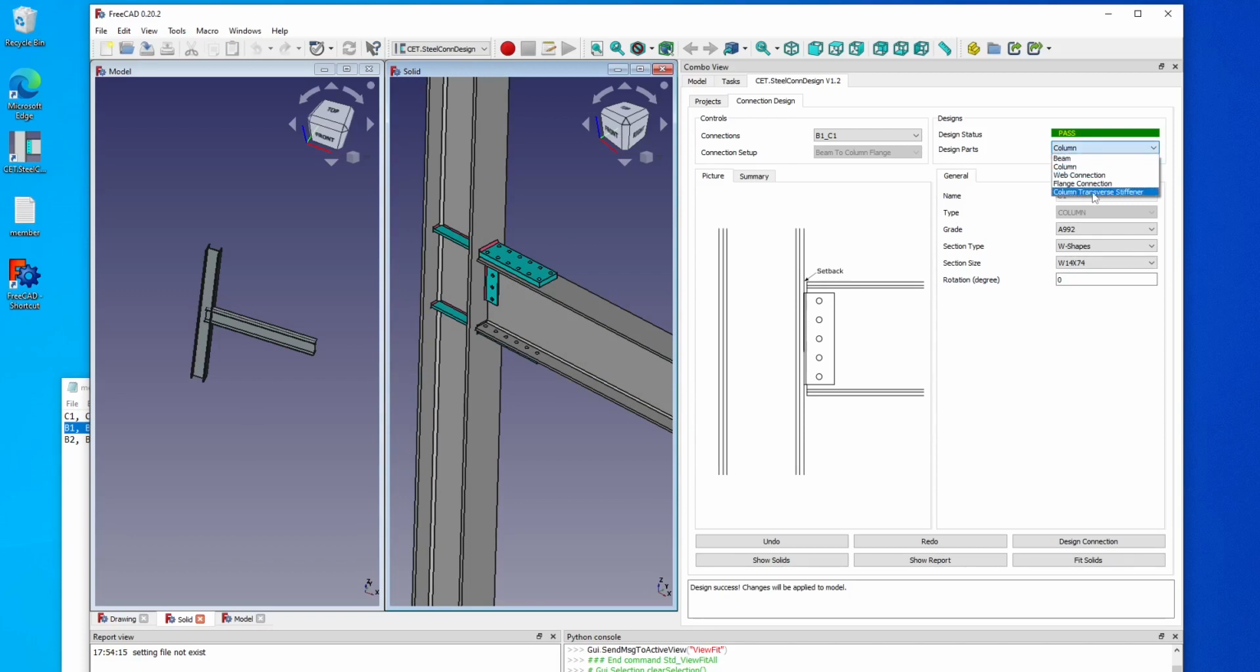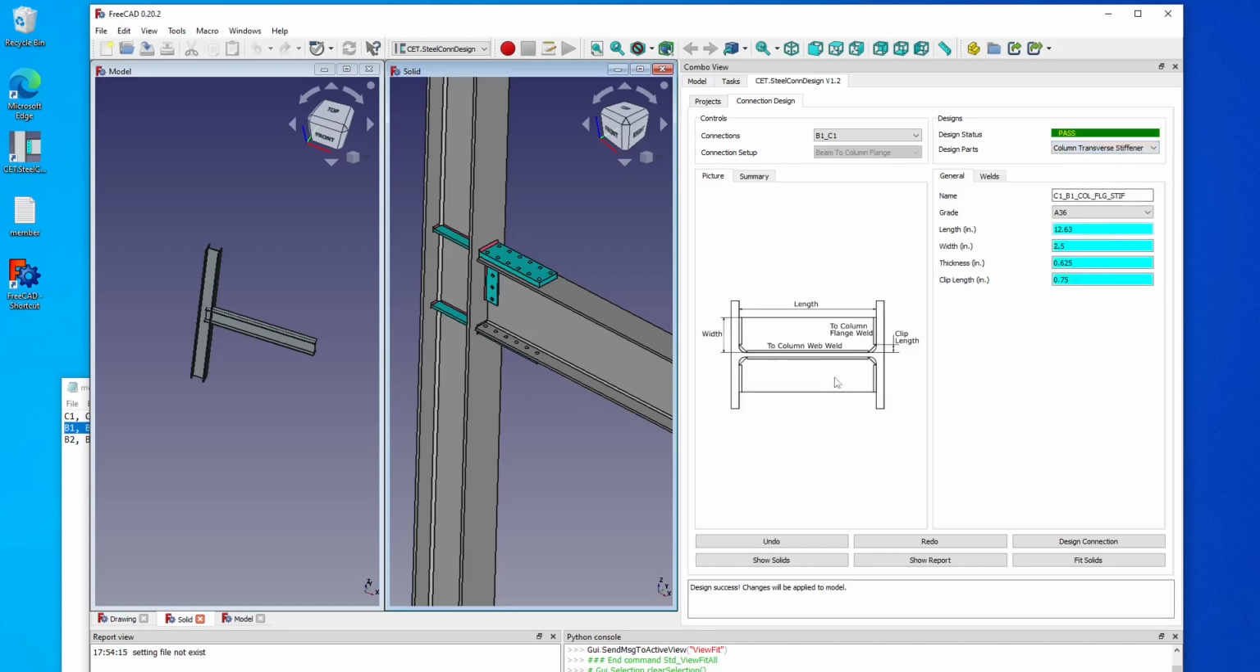The Design Parts drop-down list plays a crucial role in CET.SteelConnDesign as it enables easy navigation between members and different connections. Let's select Column Transverse Stiffener as the design part. This will display a new image depicting the column stiffener, providing a visual representation of the input fields and their meanings. Please note that our system currently supports only full-length stiffeners, which means the length input field cannot be altered